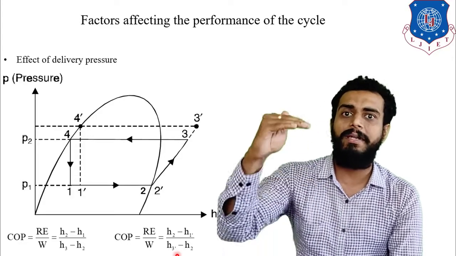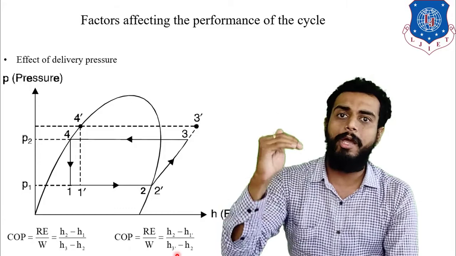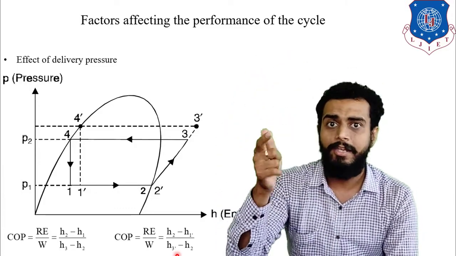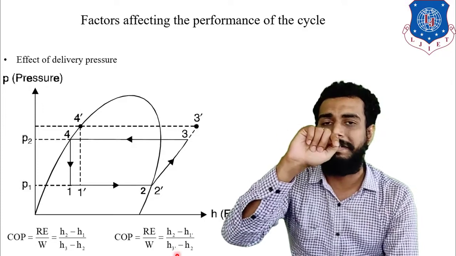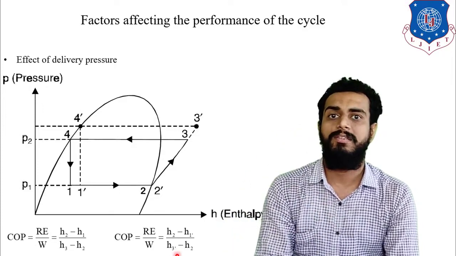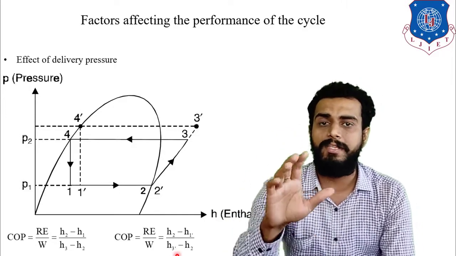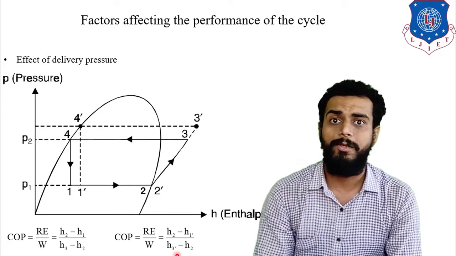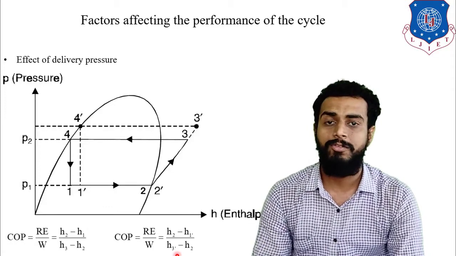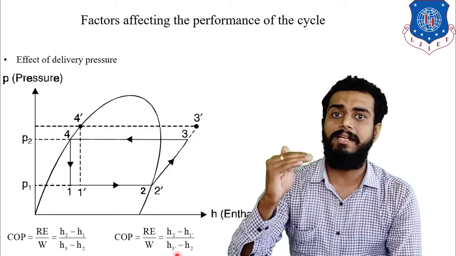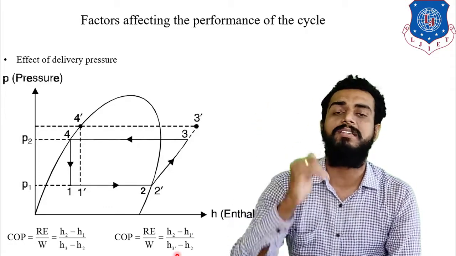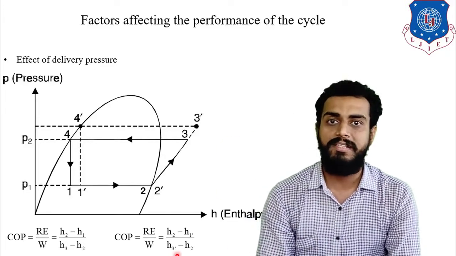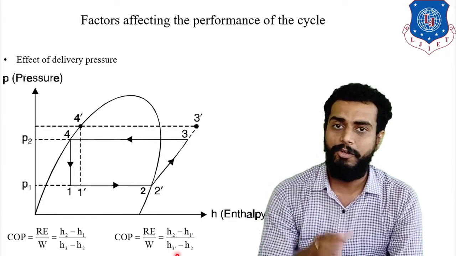So in the summer season, your atmospheric temperature is rising, so automatically you have to raise the temperature of the condenser also. Then and only then will your condenser be able to reject the heat to the atmosphere. In the winter your atmospheric temperature is 20 and in the summer it is 45, so there is a drastic difference. Now your condenser should be at least higher than 55 or 60. Then it will be able to reject the heat to 45 degrees Celsius. Right? You will appreciate that.